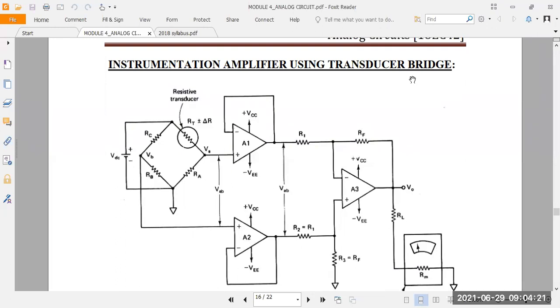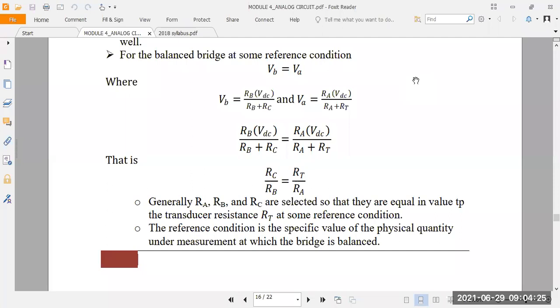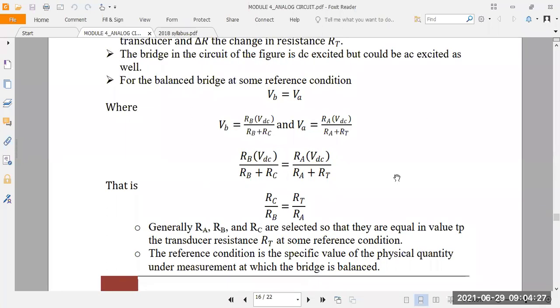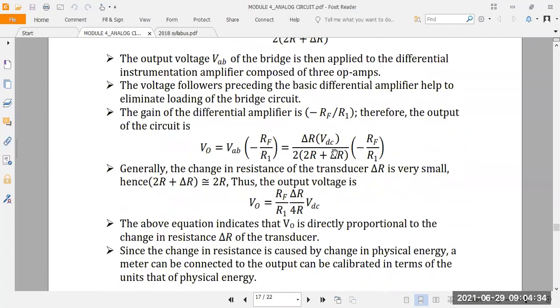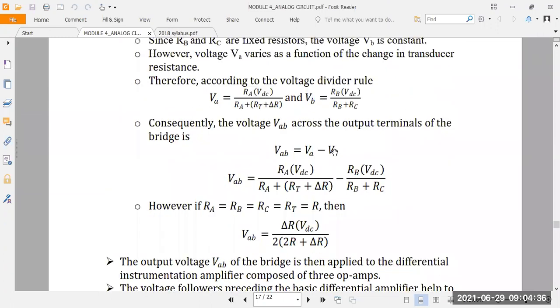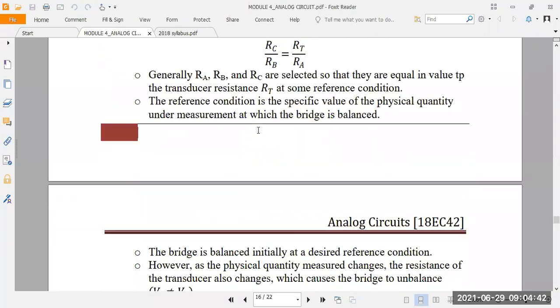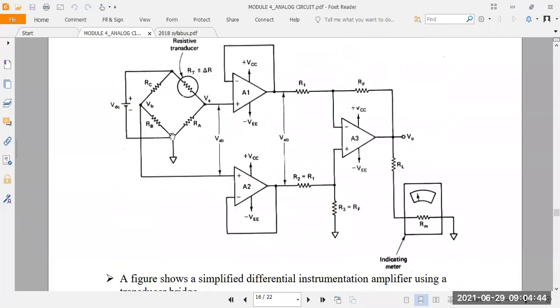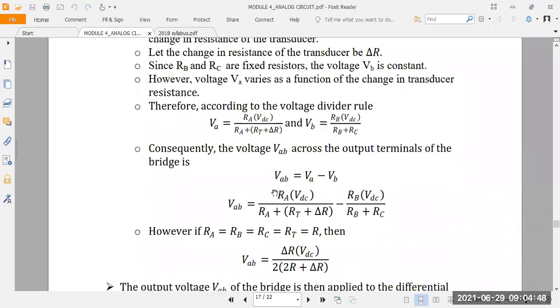In the exam they can ask for this as a 5 to 8 marks question. After that, you have to derive the equations by applying the superposition theorem and the voltage divider circuit. Here you have to take three conditions. So what is the first one? When the bridge is balanced. When the bridge is balanced, you have to find the equation here. What is the equation you got when the bridge is balanced?